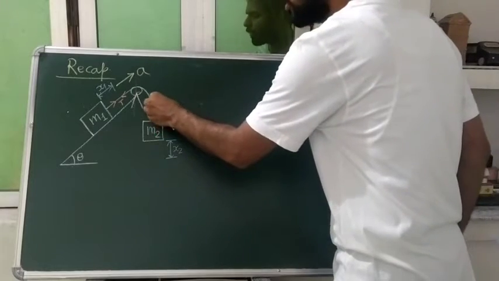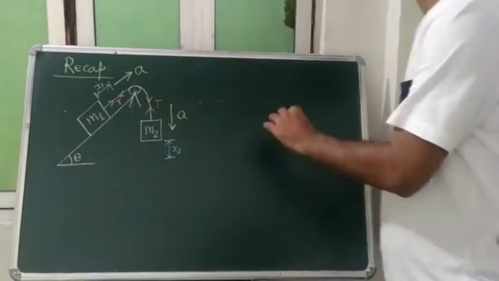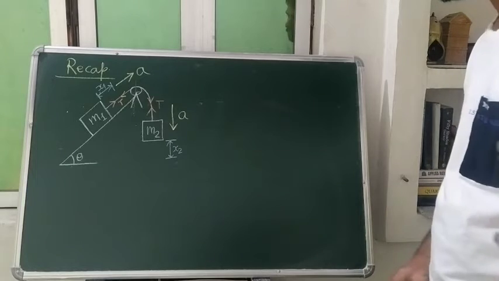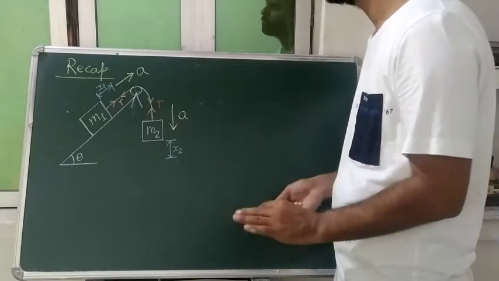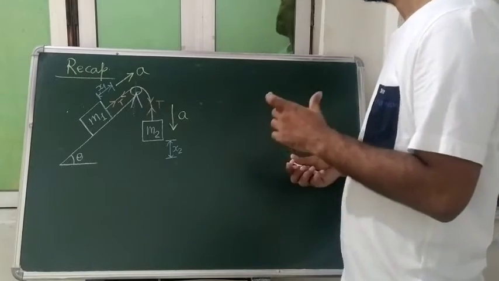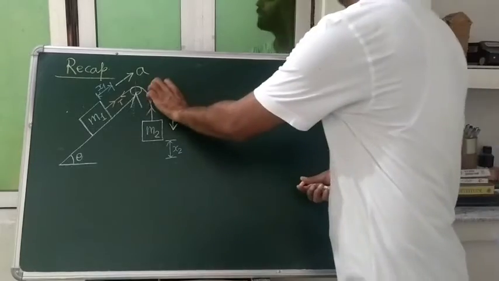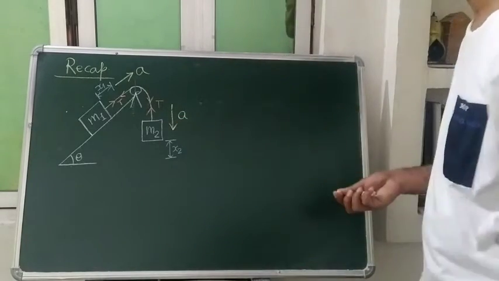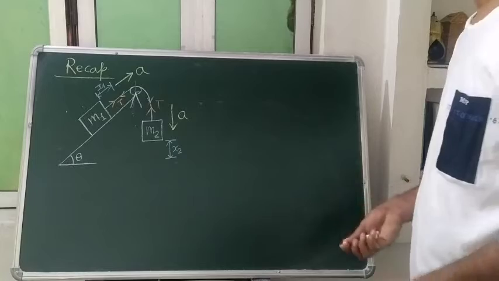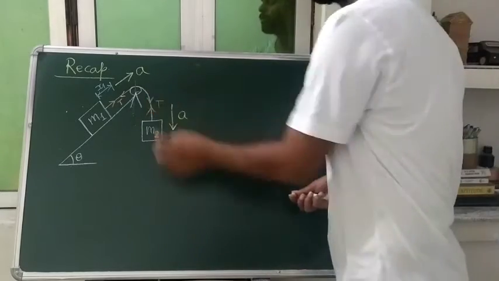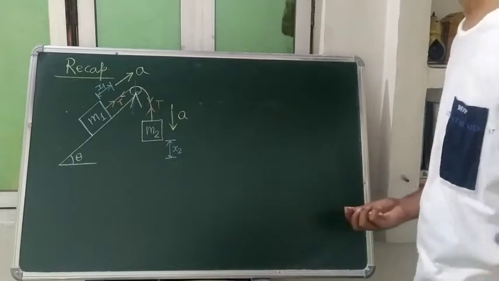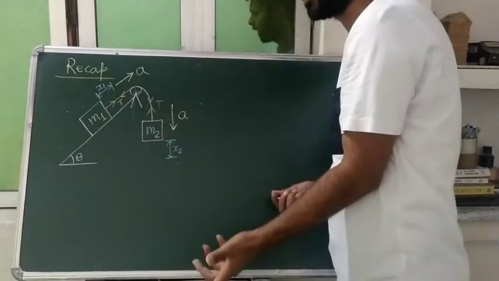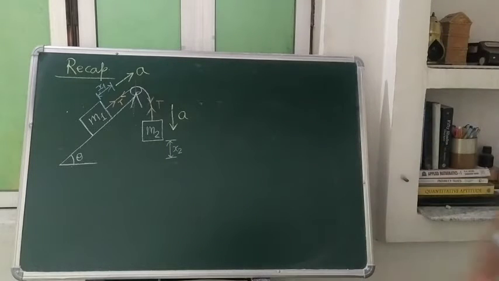So here we will look, student, that tension will always come in pair. Notice this line, what I am saying to you, tension will always come in pair. Only this thing I want to make you understand. Other things you will study in higher classes. For the time being, if I don't say that tension will come in pair, that is also fine for you, but for your extra knowledge I am saying that it will come in pair. So you can write up to here. Then we will talk about the other things as well.